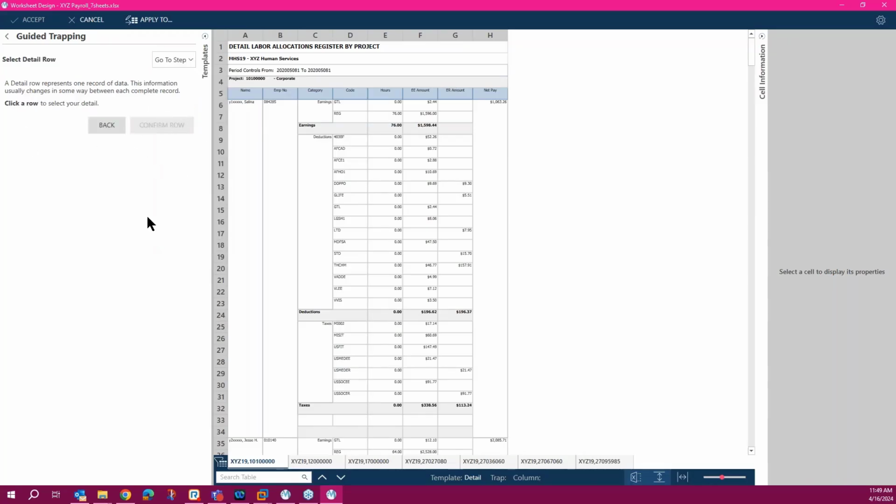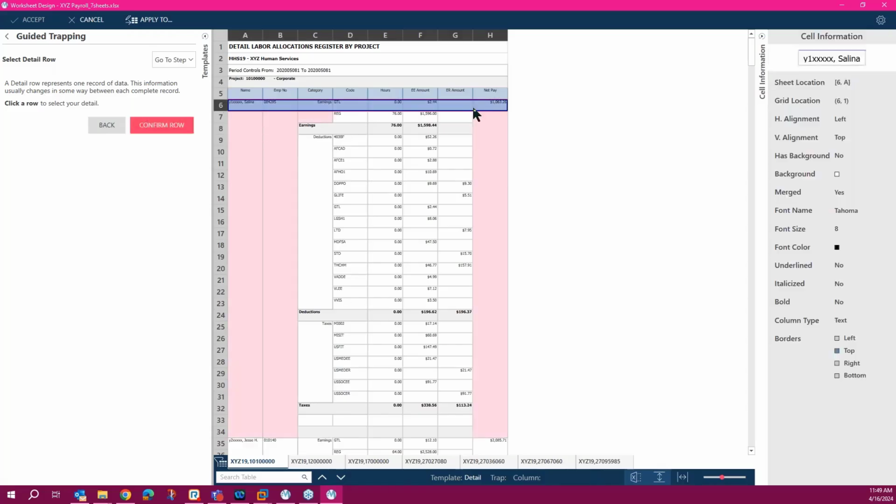So let's click on start. The first thing is asking me for the detail template. I need to select a row. So you need to find which row would be part of the detail template. Again, the detail template is the template that defines data records in the data set. So if I want a record for each employee, I need to select that row for the detail.